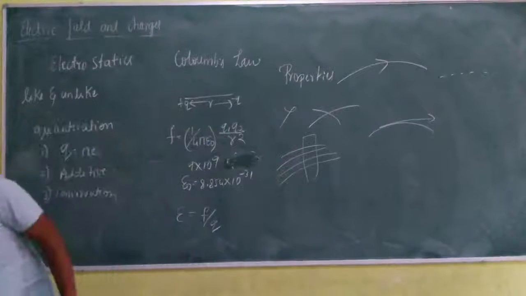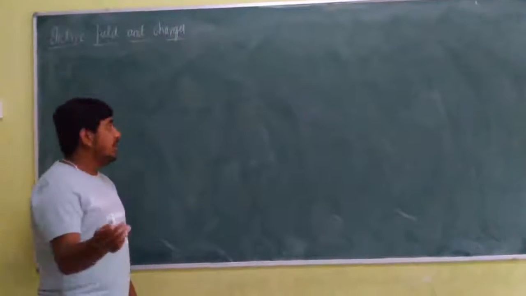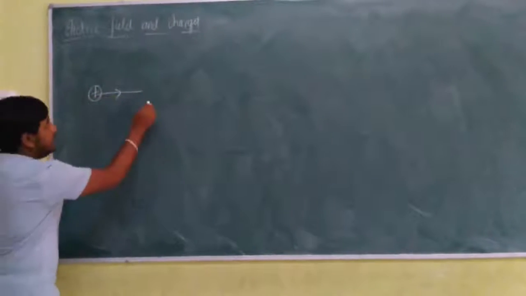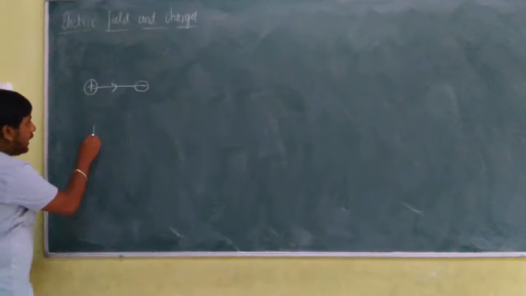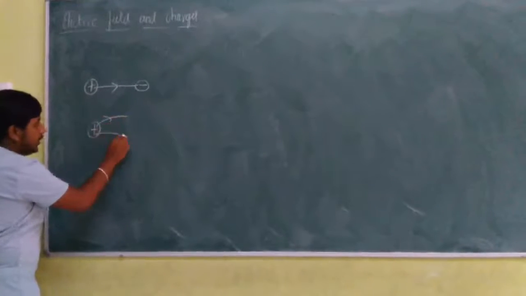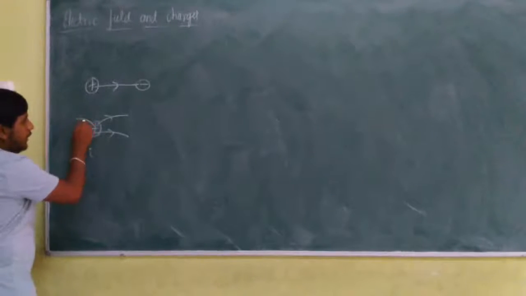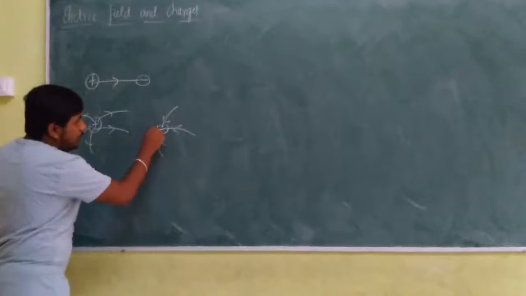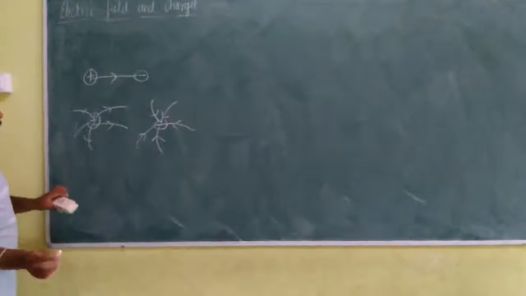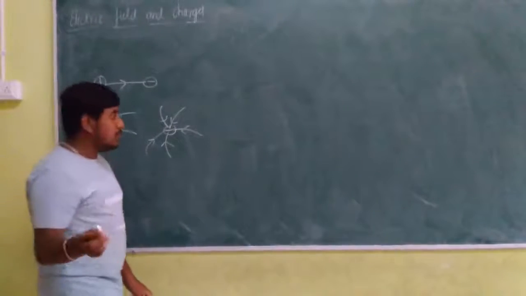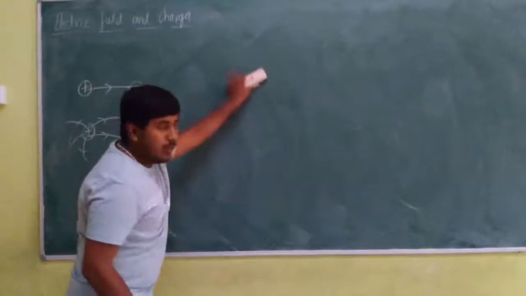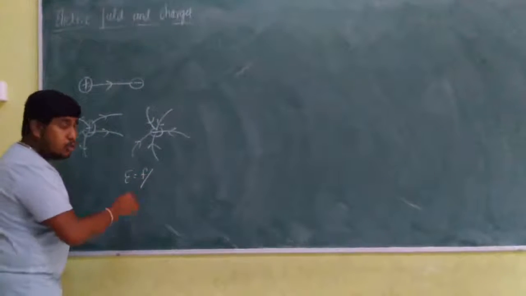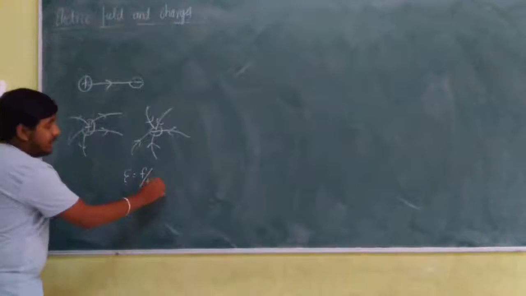After this, electric field lines start from a positive charge and end at a negative charge. One more thing: in electric field line representation, for positive charges the lines go outward, and for negative charges they go towards the inside. Electric field direction is important, so for solving problems we need this also. Electric field line properties give the direction. Force on unit charge is called electric field. We define electric field as the force on a unit positive test charge.